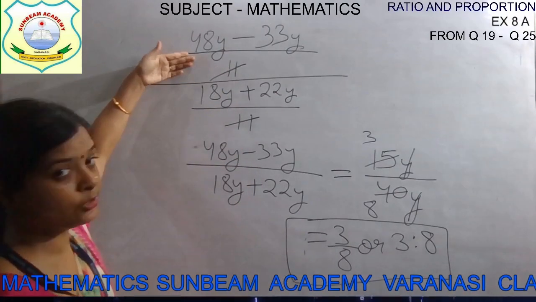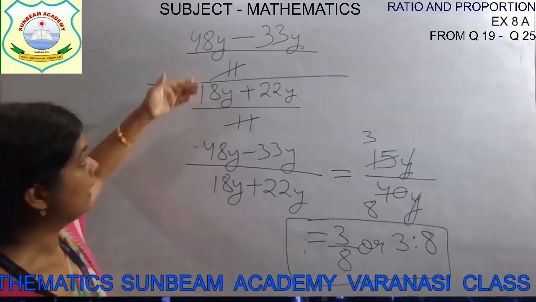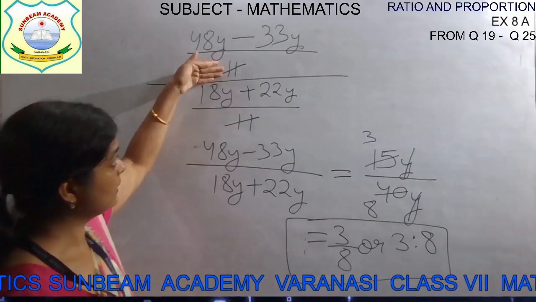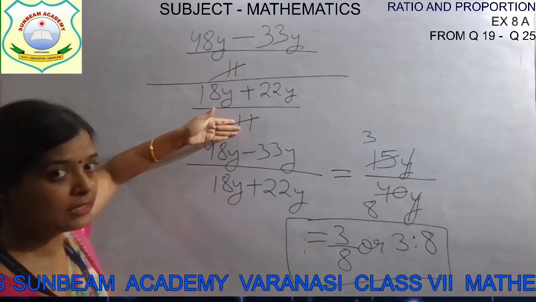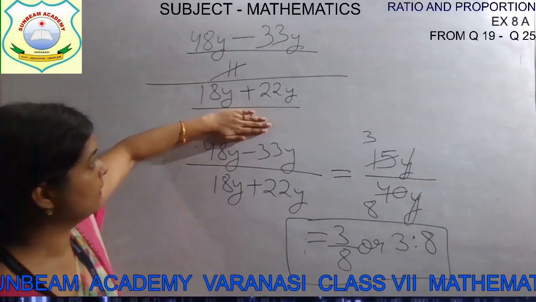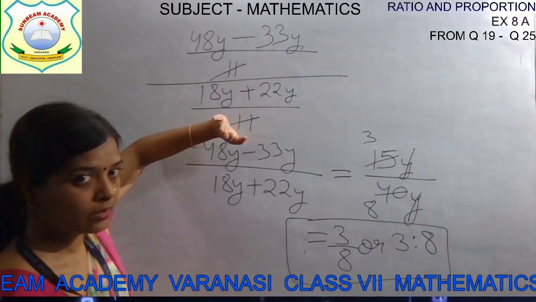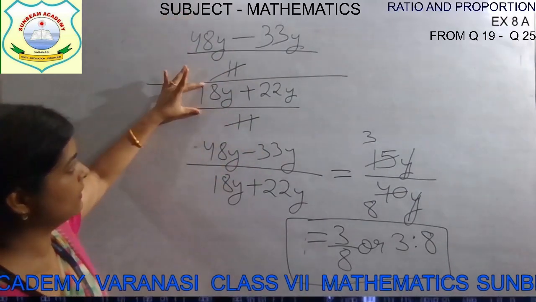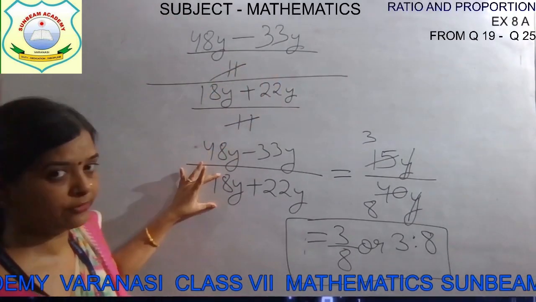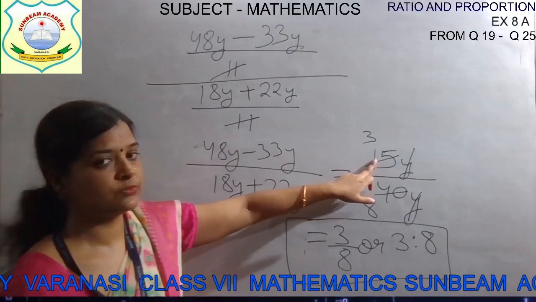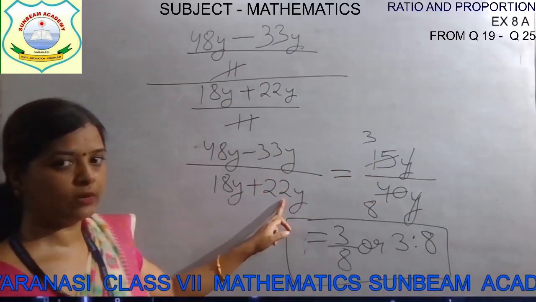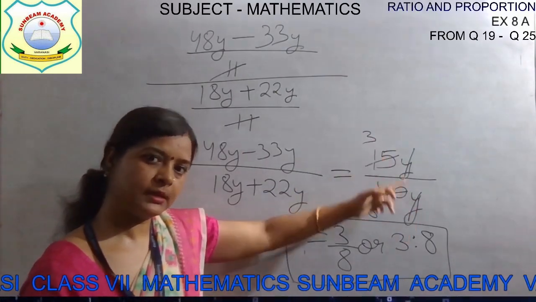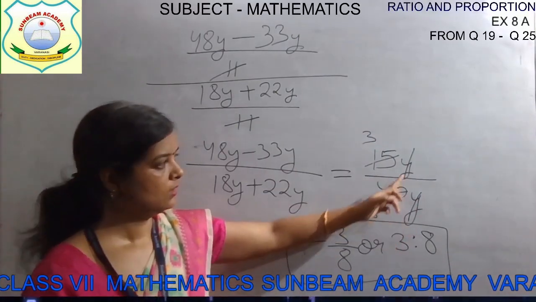If you get a fraction in the numerator and a fraction in the denominator, and their denominators are equal, only denominators, not numerators, children, then you can cancel them out. You can simplify it. So 11 and 11 are simplified, cancel out. So in the numerator only this much is left, and in the denominator only 18y plus 22y is left. Solve this. 48 minus 33 is 15 and 18y plus 22y is 40y. Y is the same. Single term is in the numerator, single term in the denominator, so we can cancel in this way. So y and y is the same.